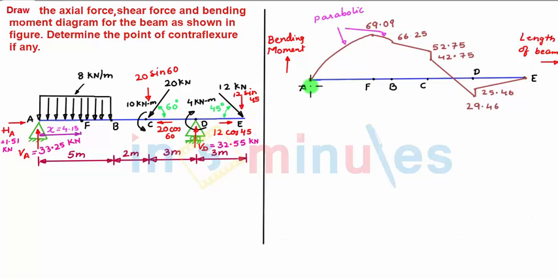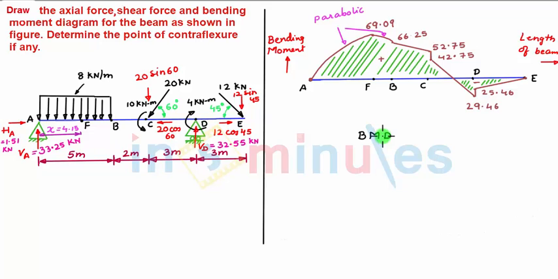So we see that bending moment between point A and B is parabolic, whereas between other points it is either vertical or inclined straight. So bending moment within a major part is positive, whereas for a very small part the bending moment is negative. So with this, our bending moment diagram is complete.